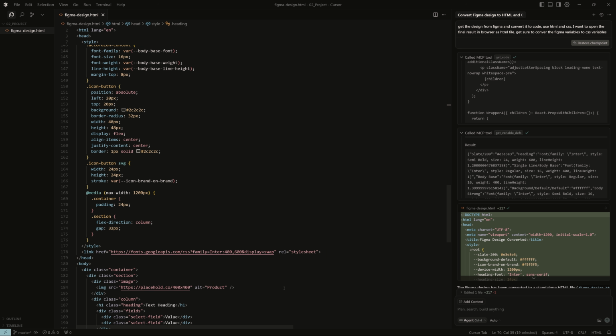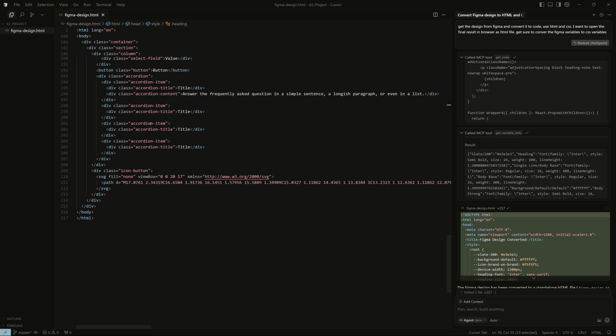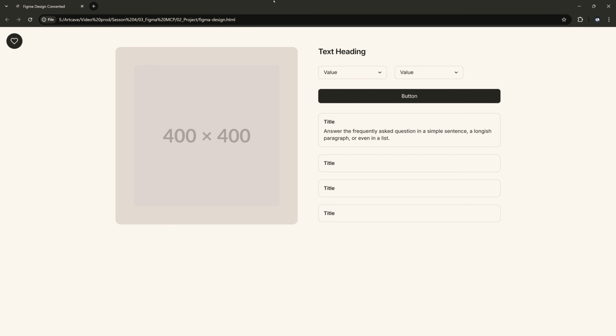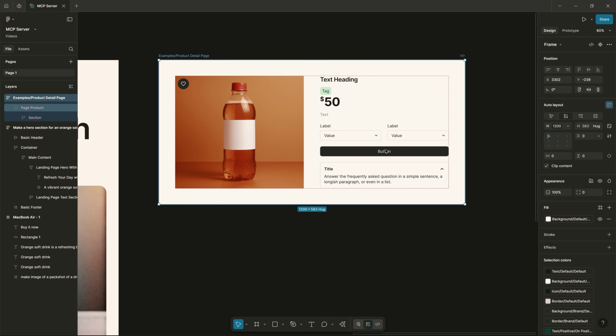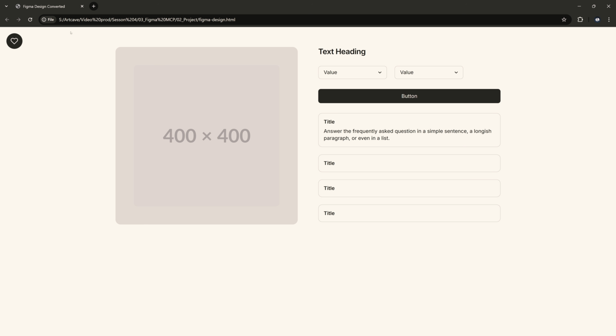Let's accept the changes, and I'm going to open the project directory and open the HTML file that we made. And here we go. Now things look much better than the last attempt that we had. And we have this button here. We have some text here. Let me bring back the design to make sure we have it proper. Okay, I mean, it's not exactly what we had. It's not as accurate as it's supposed to be, but it still looks good.